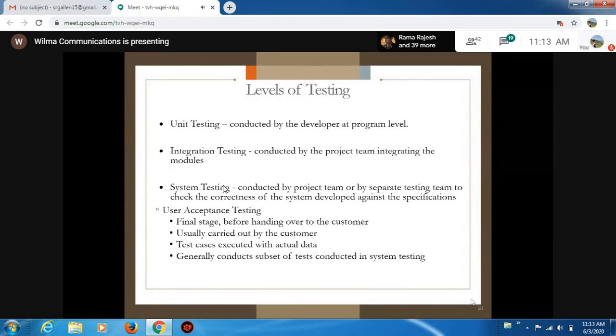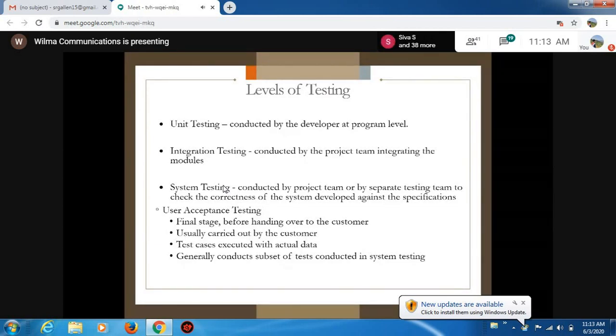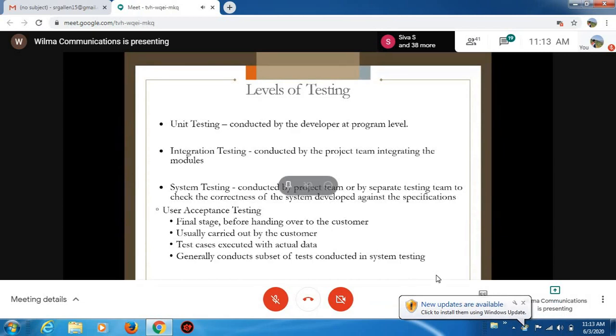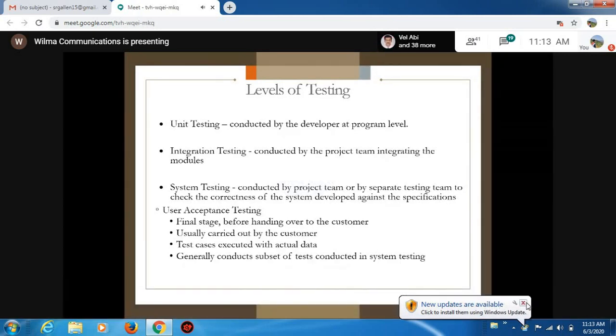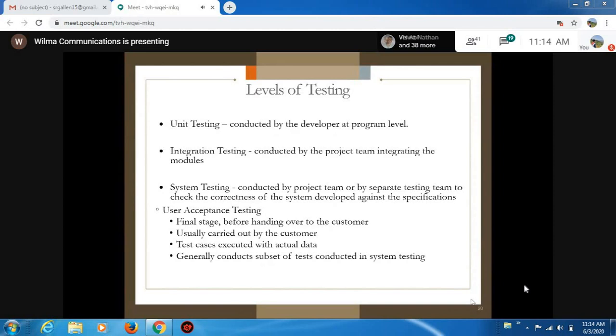After the first three levels of testing have been completed, the last stage is user acceptance testing, where the end users or the client validate whether the developed product works according to the client specification or not. Whatever the initial requirements and specifications were, everything is verified and validated from the client's perspective before the product goes to the production environment.